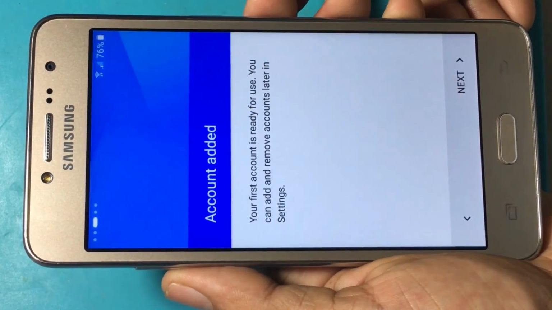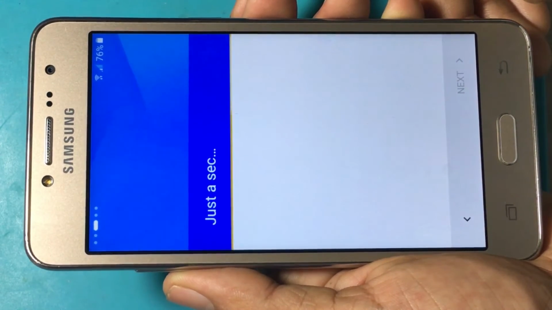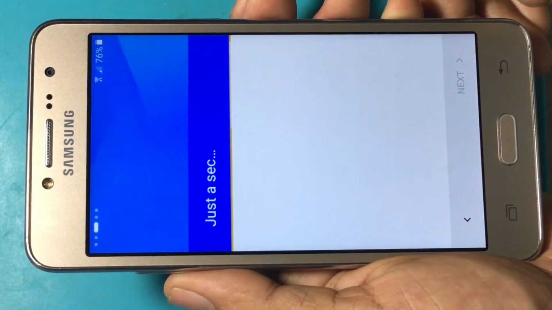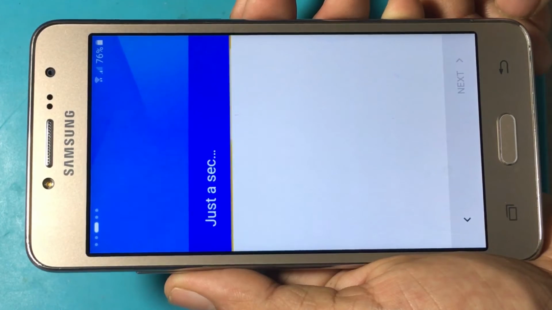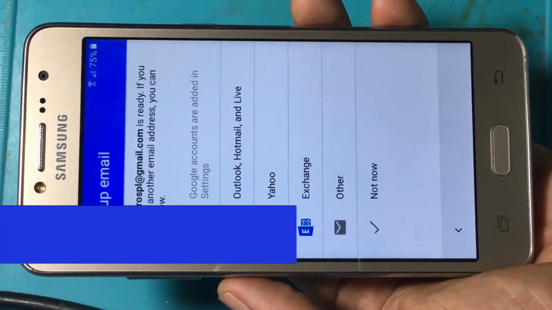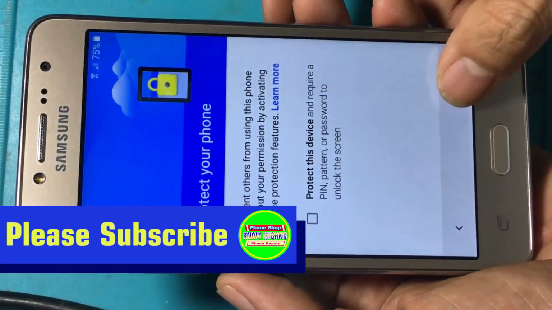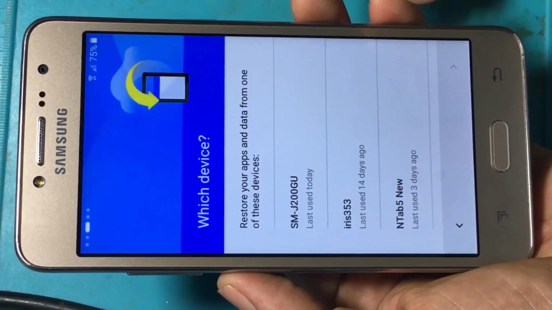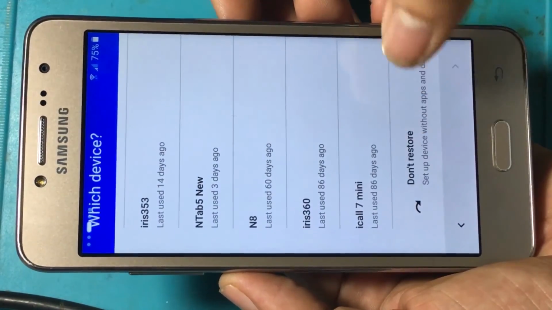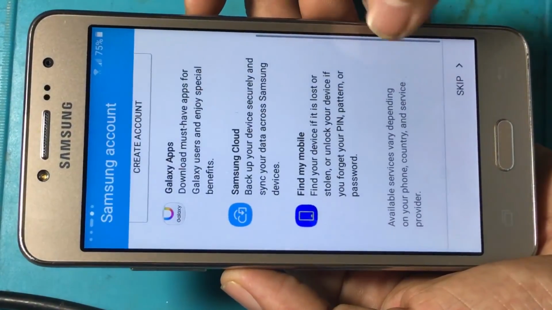Add account. Okay, account added. Protect this device. Skip. Don't restore. Skip.